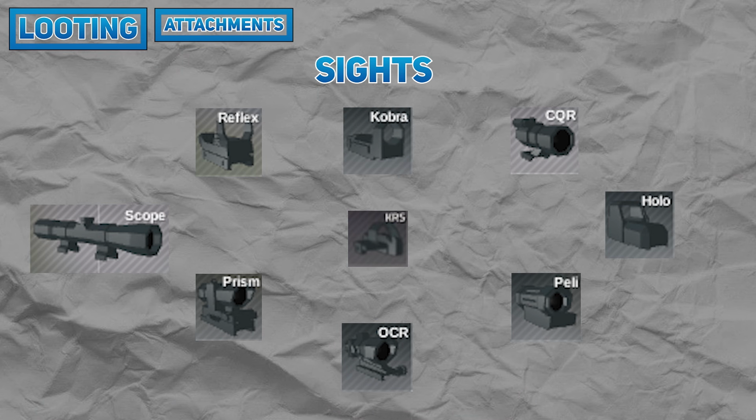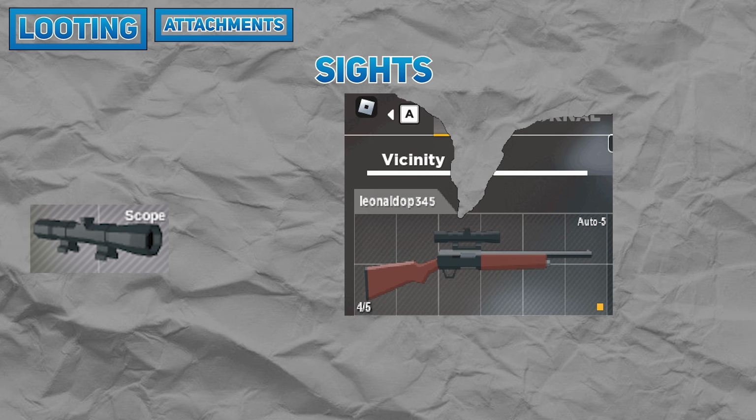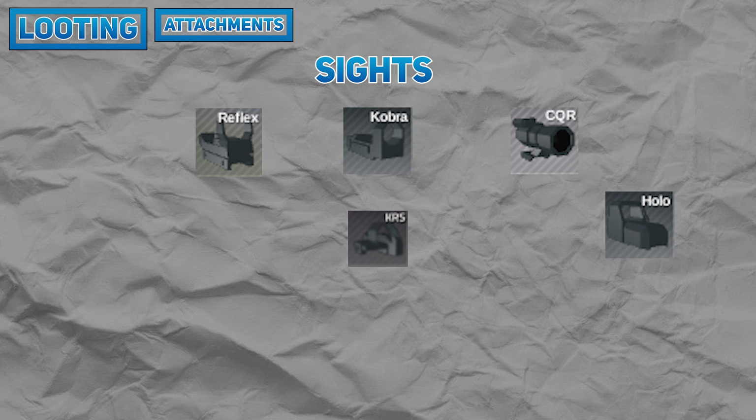Sights, which do little more than changing what it looks like when you aim your gun. These can come in a variety of magnifications, and most likely the first attachment you're going to find is the rifle scope, which, for the love of God, please do not put on anything that's not a rifle. The 1x magnification sights are really just personal preference as to which reticle you prefer,